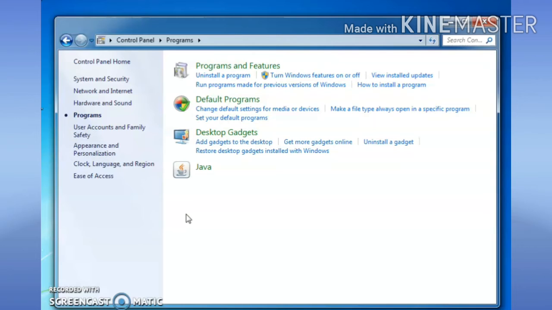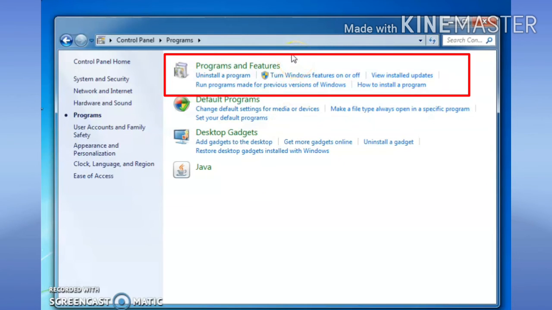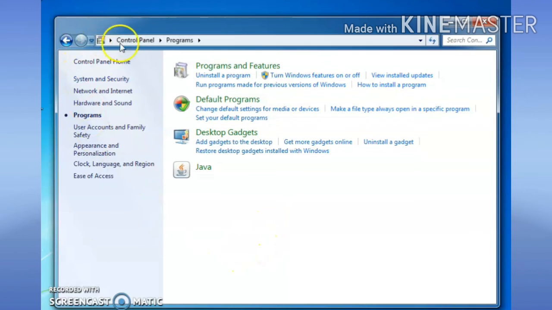One of the most important categories of Programs is Programs and Features, and this applet allows you to see the different programs installed on your computer, and it also allows us to uninstall any programs. So how can we uninstall a program?